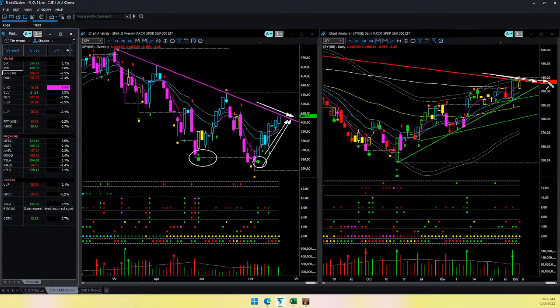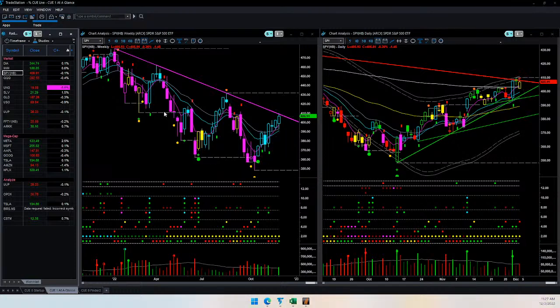In daily it is also inside a triangle pattern. I'm not going to short it. I'll wait for price to break out of the triangle pattern to decide my trading direction. What is the market pattern? For that I use the daily chart, and if we use the daily chart it is inside a triangle. No preferred trading direction.